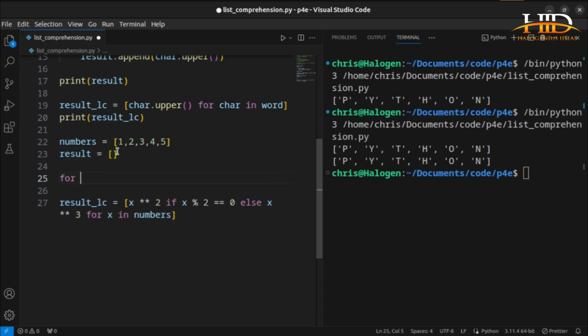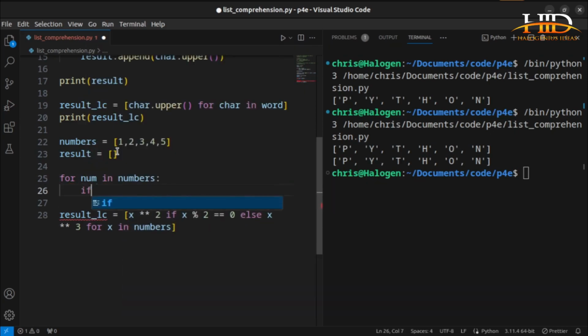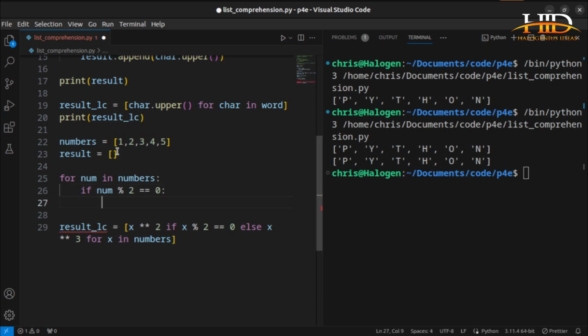Then I'll say for num in numbers. What do I want to do now? Very simple. If my num modulus 2 equal to 0, then result dot append num